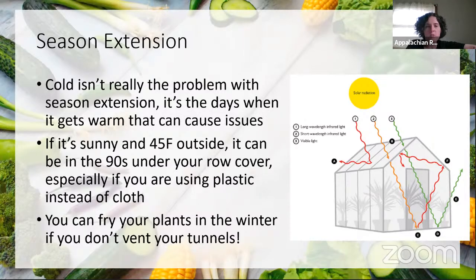And this is especially true if you're using plastic. It can warm up a lot faster and a lot hotter under plastic. So you have a little more flexibility with the cloth. But you do need to be watching the weather forecast. If it's going to be above 45 degrees during the day, then you need to get the cloth, put it to the side of the hoops so that it's not over the plants,